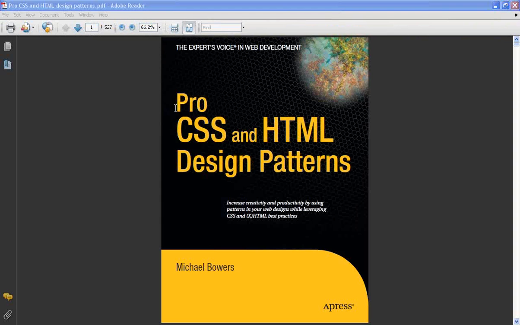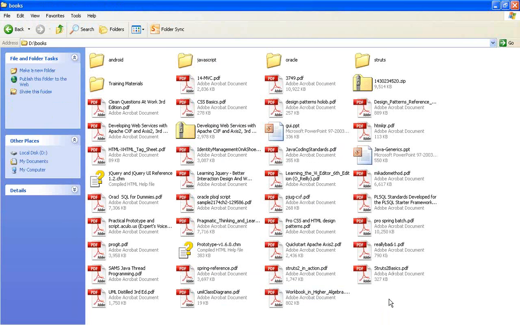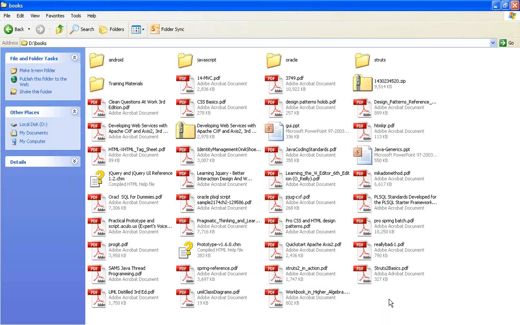There is a lot of information available there about how we can use the styles. If you read this book and completely understand it, you can become a CSS expert.